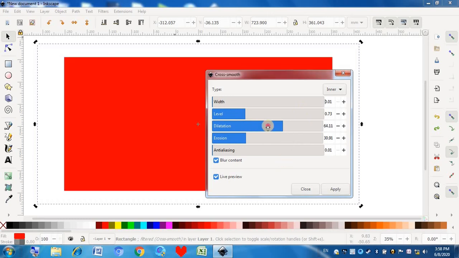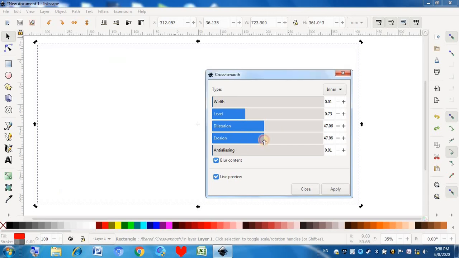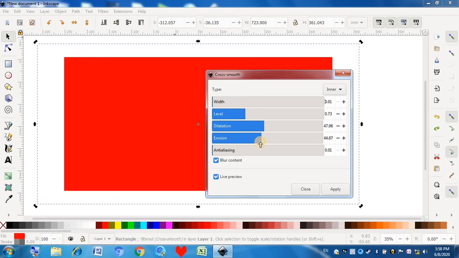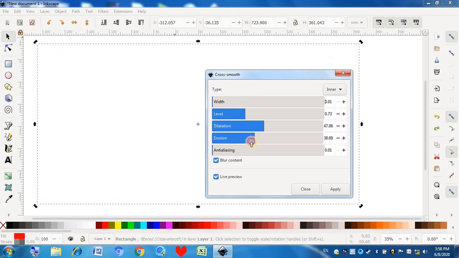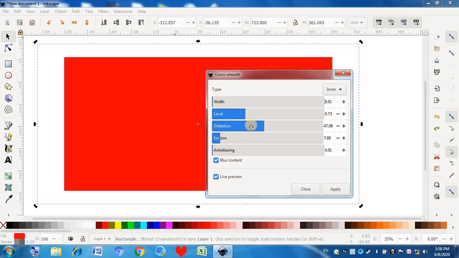Dilation, one of the greatest things I have to remind you, don't be fooled. If you increase the erosion even a little bit bigger than dilation, it would go. So please make sure that erosion should be a lot lower than dilation, a lot lower.